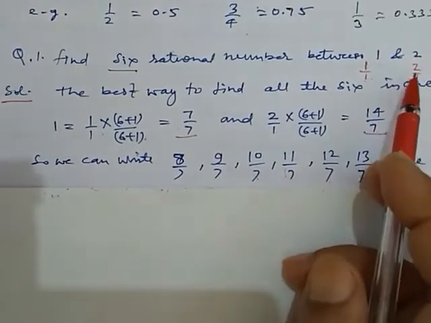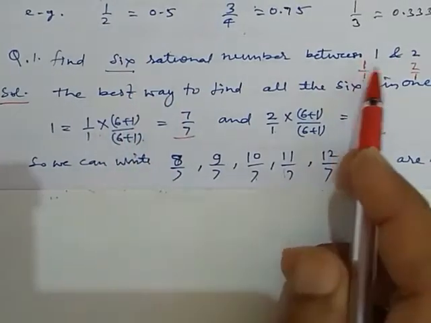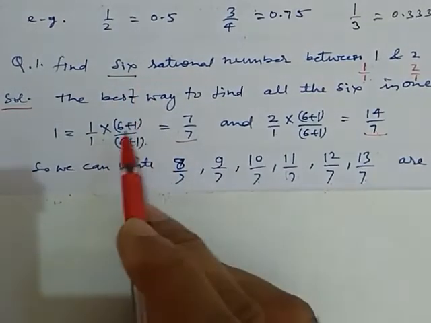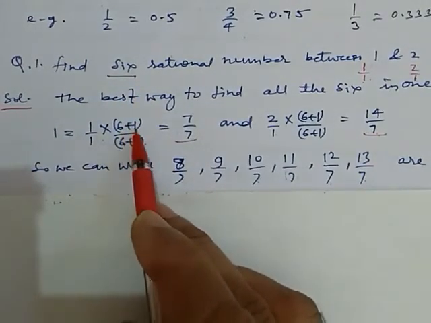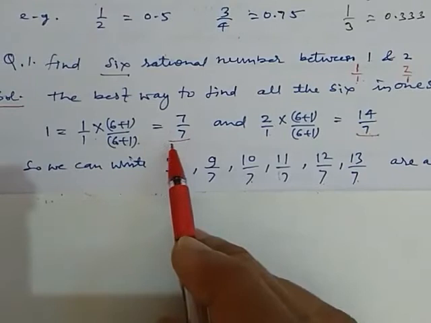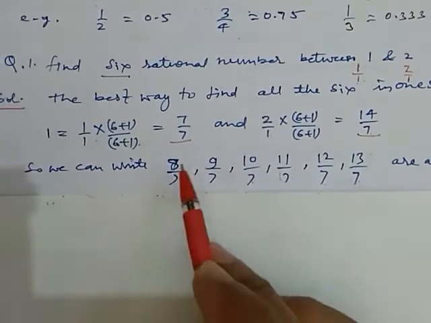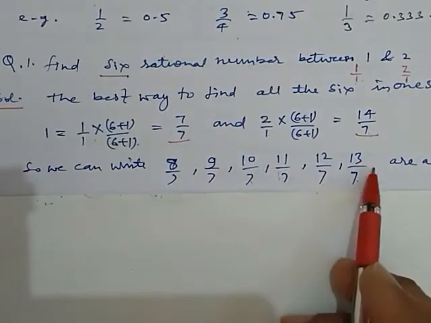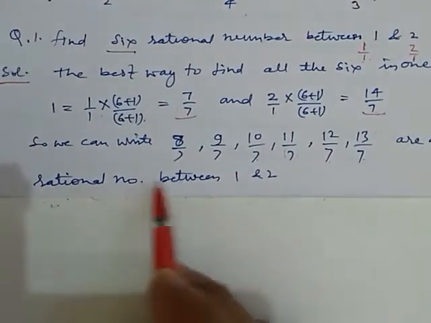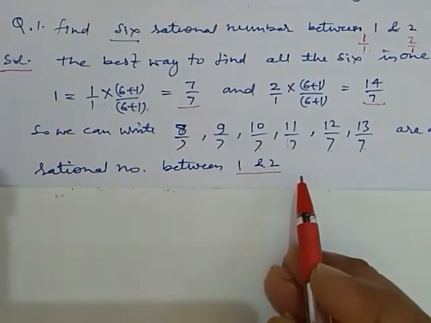Okay, again I repeat, if we require any number, we just take one more than that and multiply the numerator and denominator both by that number. So here we required 6, so we start with 7. 6 plus 1, 6 plus 1. By 7 we multiply both the numbers and we get the new numbers having the same denominator. After this we start counting this way, 8, 9, 10, 11, 12, 13, and we get the required numbers between them. So these are the 6 rational numbers between 1 and 2. This is the procedure which we can apply on any numbers.